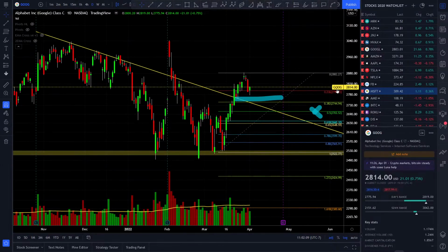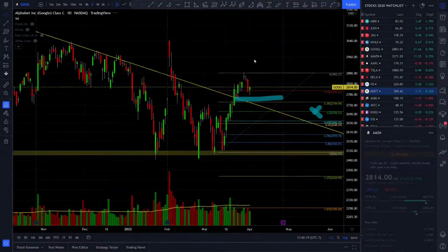Google basically broke out of this upper trend line resistance to the top side, and just watch for the support at 2756. We're going to move on to Amazon,